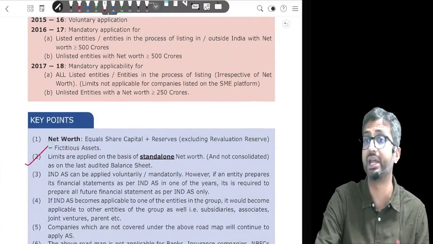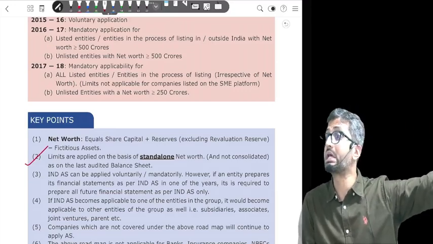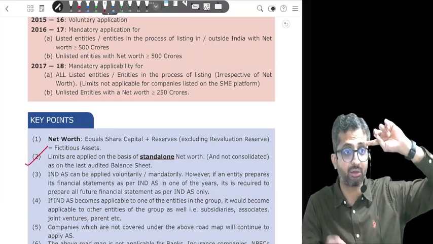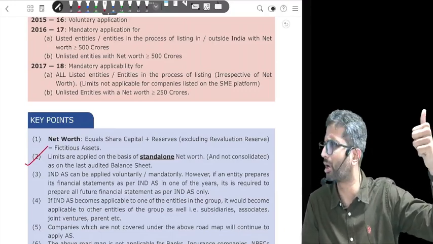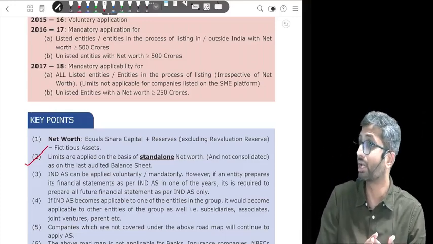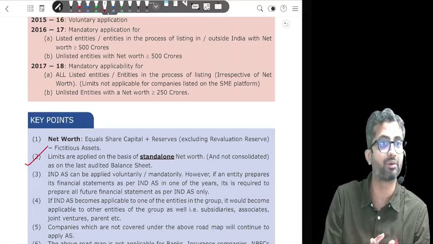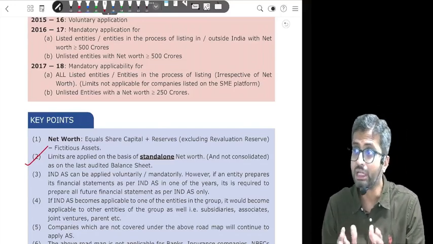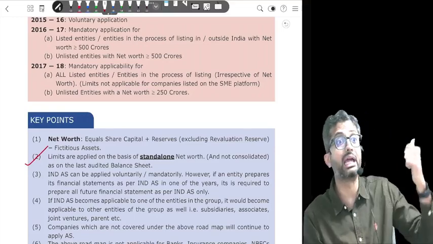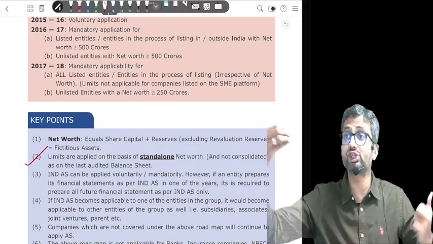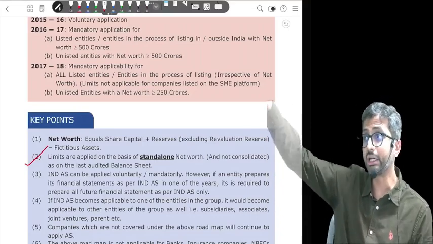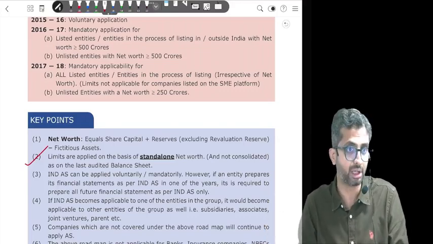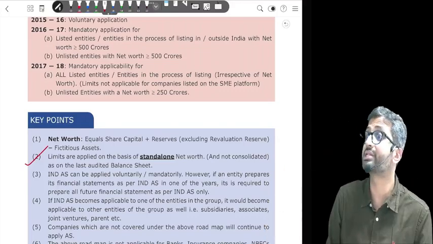Okay, and when we look at net worth, this is net worth as per the last audited balance sheet date. So what will be there in net worth? Will share capital be a part of net worth? Achha, when you look at share capital, which share capital? Will equity share capital be a part of it, or preference share capital? Now this is a little contentious, right? Because under AS, preference share capital was like owners' capital. Under Ind AS, as we will study further, it sometimes becomes a liability. But your last audited balance sheet was an AS balance sheet.